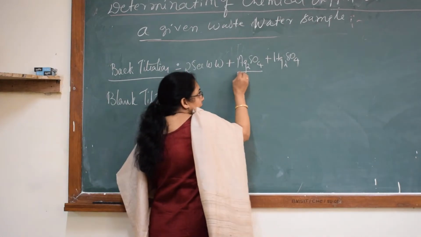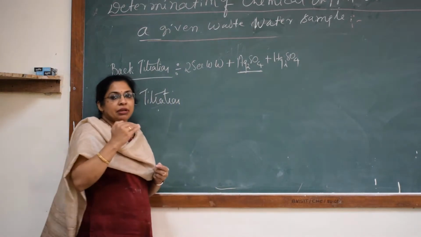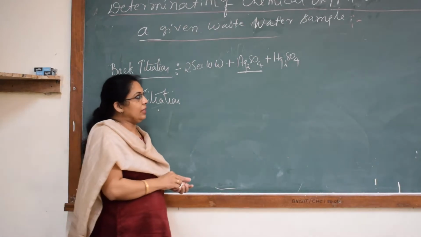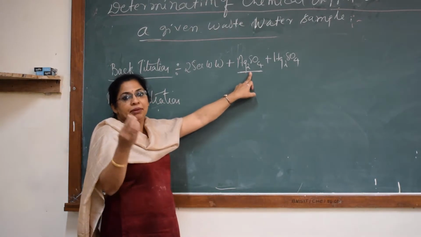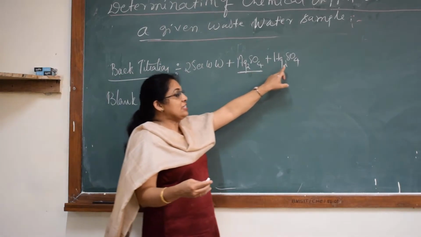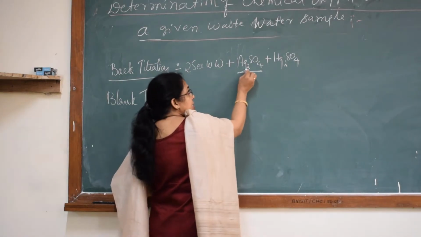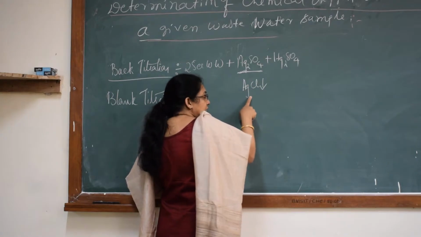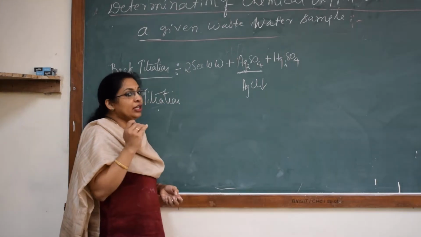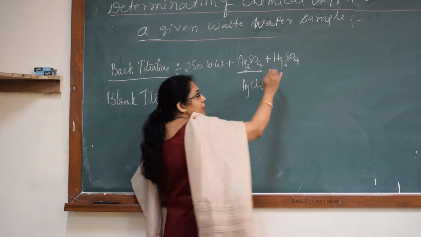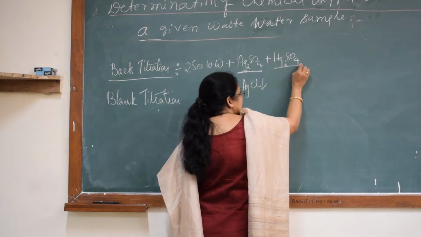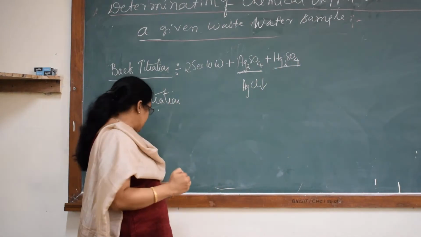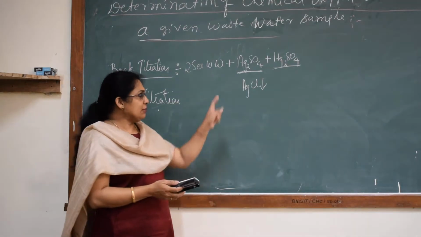The silver sulfate is added in order to break down all the complex impurities to a simple molecule. So, silver sulfate will help in breaking down the complex impurities, whereas whenever silver is added, it can precipitate as silver chloride. Once the precipitate comes, it interferes with the reaction, so in order to stop this precipitation, you need to add mercuric sulfate. Mercuric sulfate is an agent which will help in preventing this kind of precipitation. So just remember these two terms.